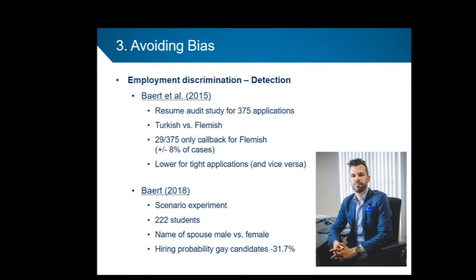The second, and from my perspective more worrisome, study was something Baert did among students. He did not use real recruiters, he used economics students. These students read a kind of scenario about a hiring decision they had to make, and then they were asked to choose which person they would hire on the basis of their resume. On some of the resumes, they put the name of the spouse or partner. And they ensured, of course, that some resumes also had